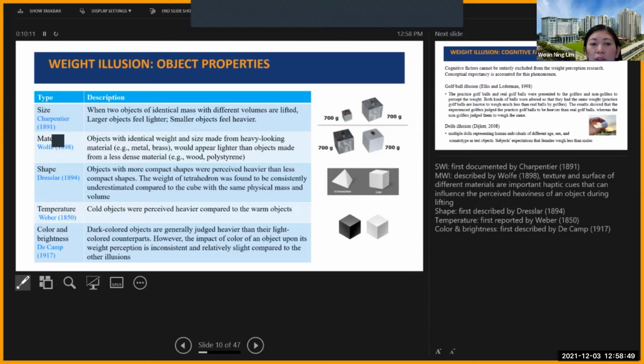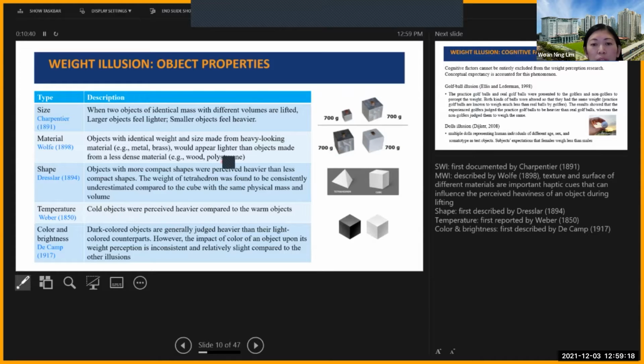Another illusion is the material weight illusion, described by Wolfer in 1898. It says that objects with identical weight and size will look and feel heavier when made of a material such as metal or brass, compared with, let's say, wood or polystyrene. Although they have the same mass, the object with the less dense material will feel lighter.